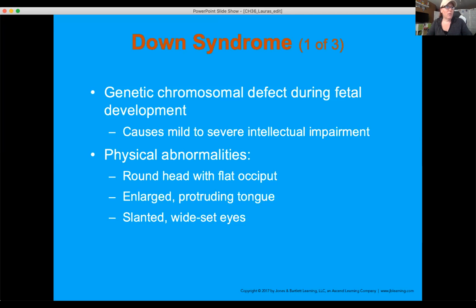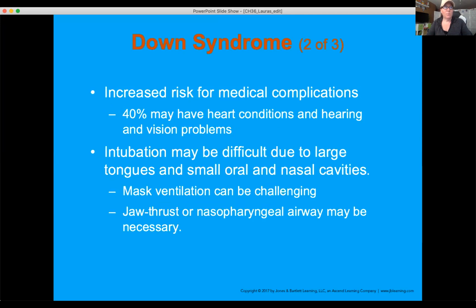The jaw, and because of the structures of the airway in the jaw, it might be harder to control the airway and maintain an open airway, and you might have to use a jaw thrust maneuver even if there's not signs and symptoms of trauma or indications of traumatic injury. The jaw thrust might still be the way that you have to hold that jaw open because of the shape of the face, the mouth, and then the larger tongue to get a good seal on their face.